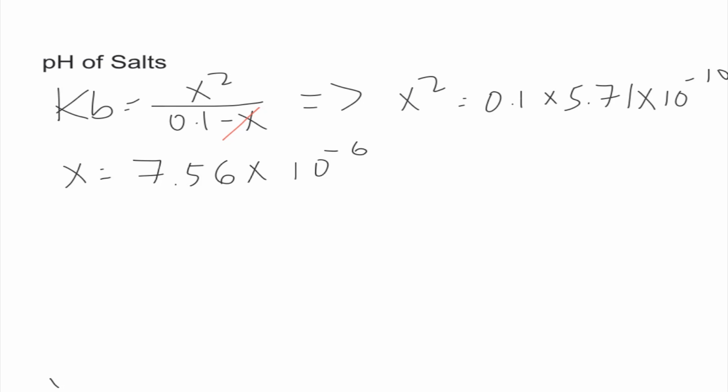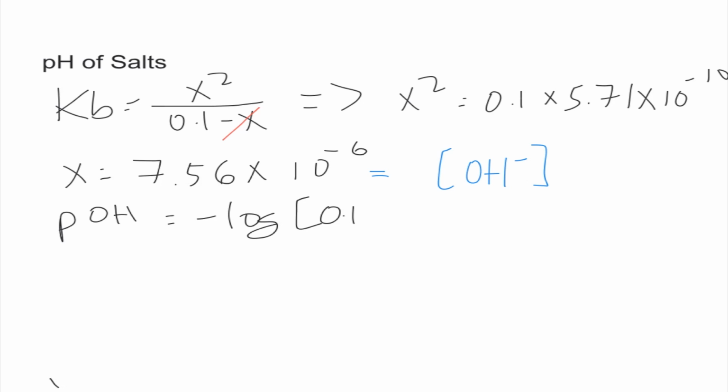And we also know from our ICE table, if you remember, that x was actually the concentration of one of our products, and in this case we can say that this is actually equal to the concentration of OH minus. And when we have the concentration of OH minus, that means that we can get the pOH, not the pH of this reaction. So take that into consideration. The pOH is equal to the negative log of the concentration of hydroxide, which we just determined. So the negative log of 7.56 times 10 to the negative 6 would be equal to